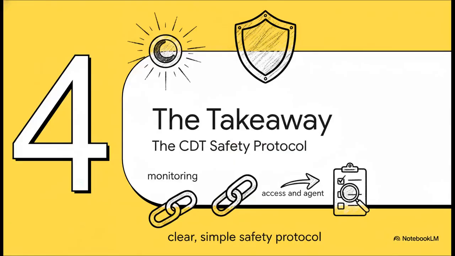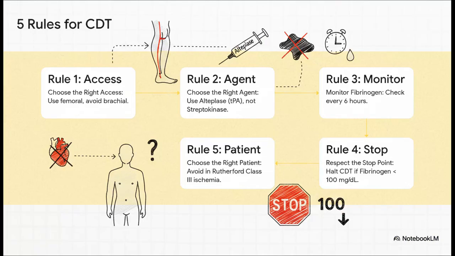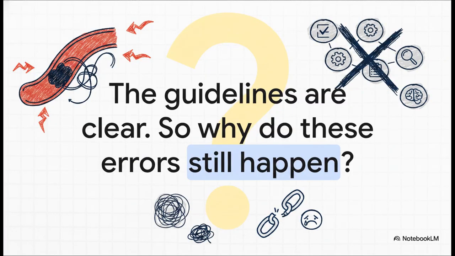So, what's the big takeaway from all these errors in selection, in procedure, and in monitoring? Well, it all boils down to a clear, simple safety protocol that has to be followed. You can really summarize this protocol in 5 critical rules. 1. Choose femoral access. 2. Use a clot-specific agent like alteplase. 3. You have to monitor fibrinogen every 6 hours. 4. You must respect that hard stop point of 100 milligrams per deciliter. And 5, probably the most important of all, choose the right patient to begin with and avoid CDT in anyone with irreversible ischemia. Every single one of these 5 rules is based on well-established, evidence-based guidelines,